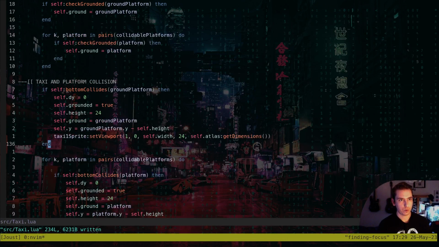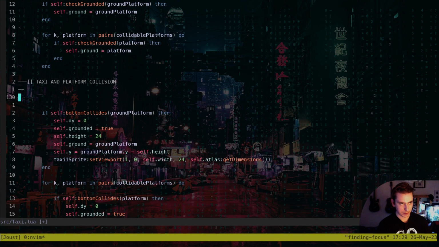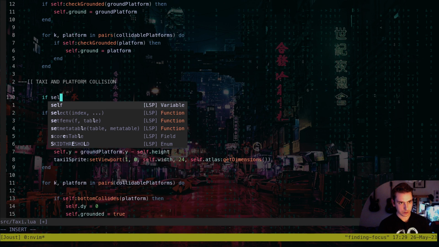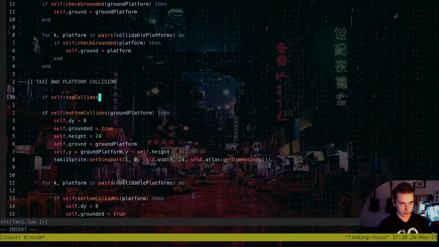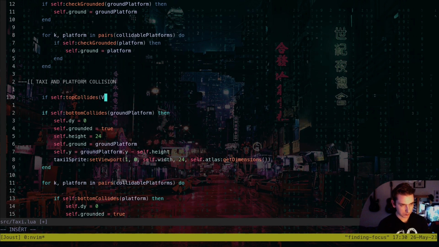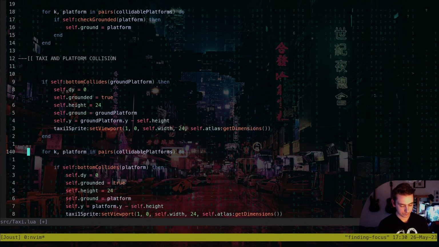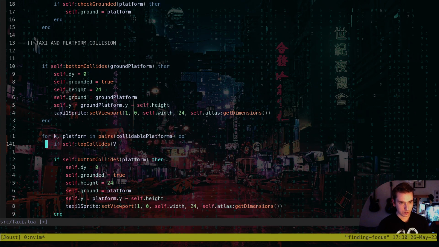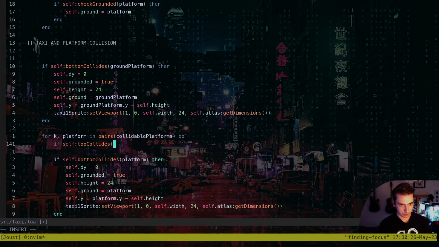So now, before we do our bottom collide function. That's not what I wanted. Okay. We're going to do our top collides. So if we top collide with any platform, so we should probably do this. We'll do this actually here. So if we top collide with any of our platforms, because we're cycling through our platforms here,